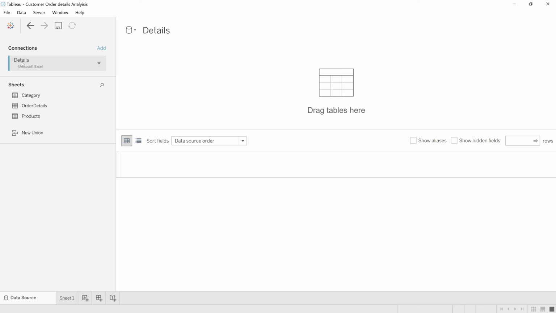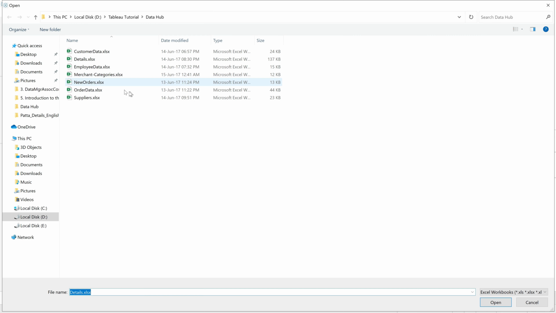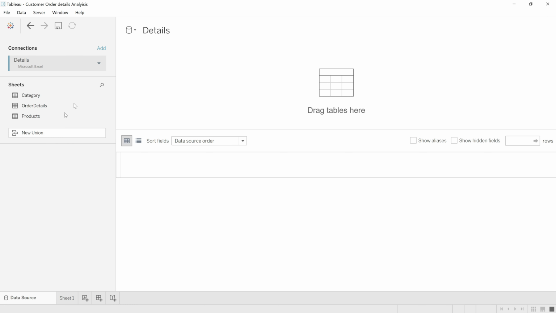This connection shows which workbook or dataset we have connected. It shows details. So we have selected and are going to analyze the tables which are currently present in the details Excel workbook. If you want to remove or edit the connection or rename it, you need to click on this drop down list box. If you click on edit connection, it will prompt to the appropriate folder, and you can select the data source which you want. In this case, I'm selecting the details workbook only. I click on cancel. If you want to rename this connection name, you can also do that.